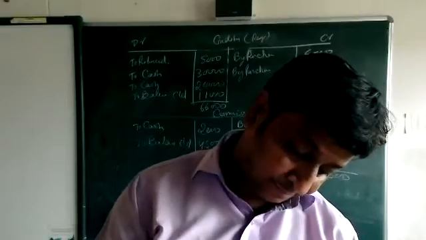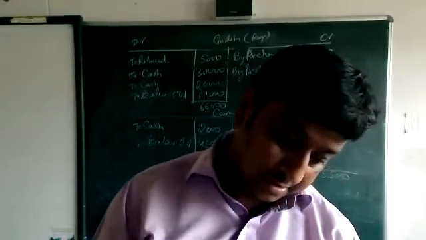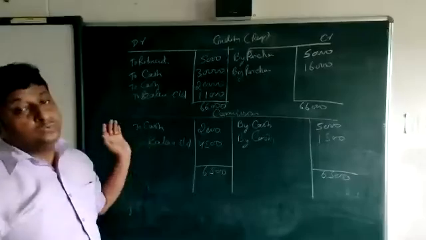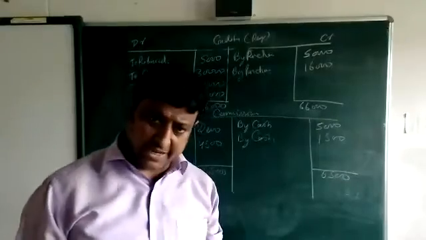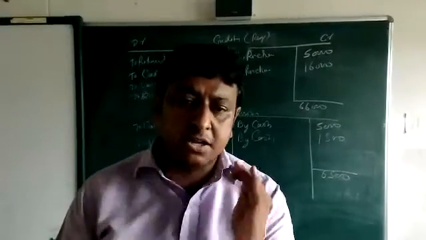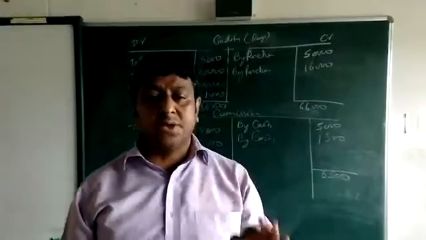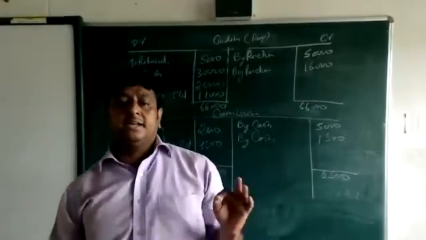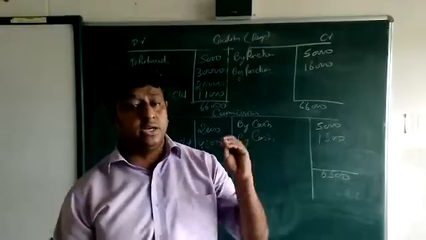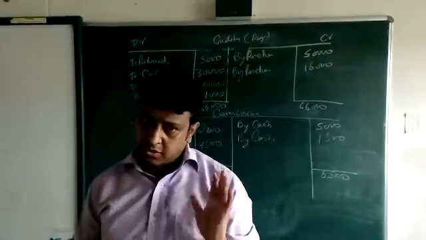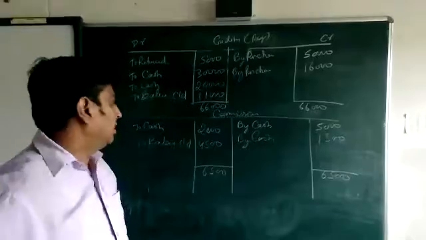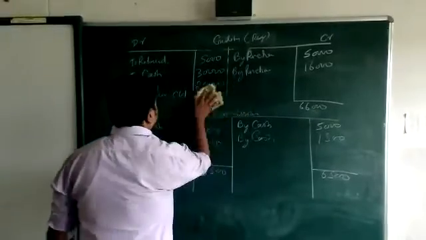Okay, beta? It's clear how we are going to take the balance. Which side is bigger? Again, make your mind very clear. Which side is bigger? That amount is entered on both sides, and on the smaller side we enter the difference amount. Okay. Now I am going for the next question. Just see, and by that we are going to finish the chapter.